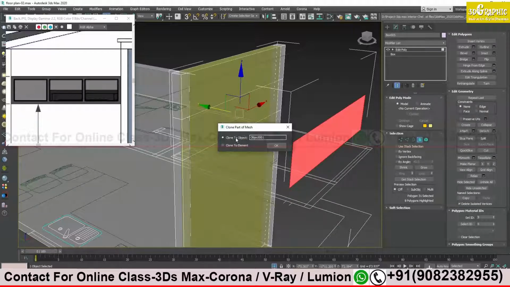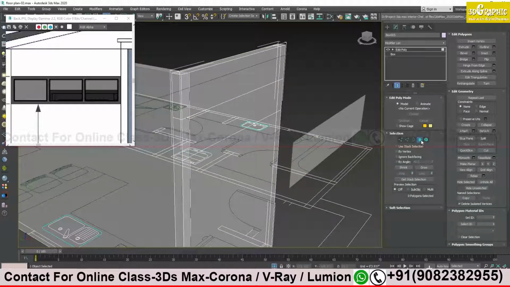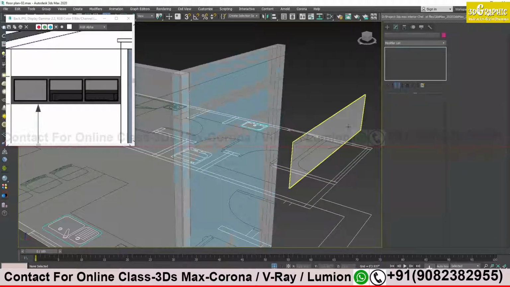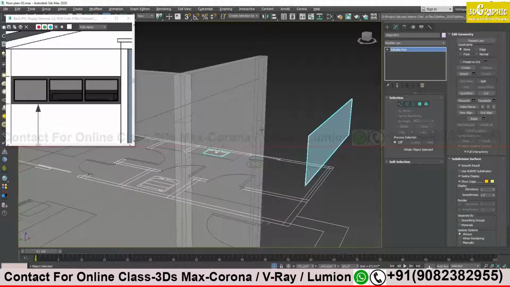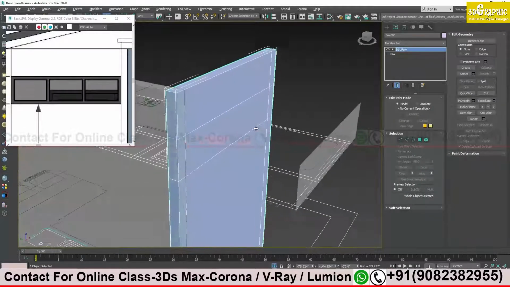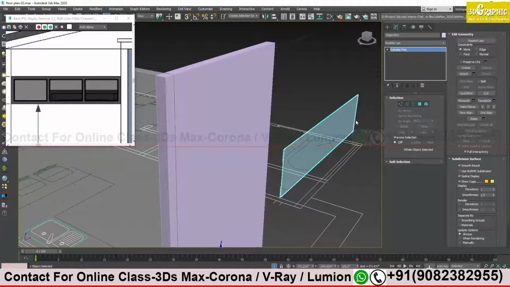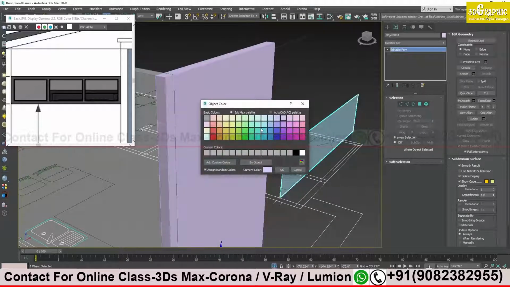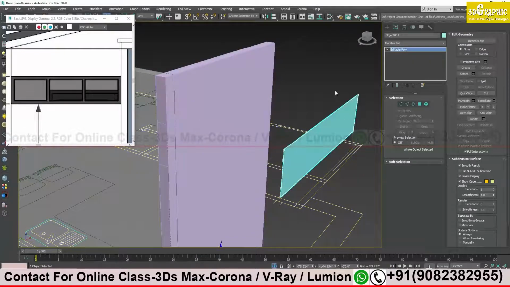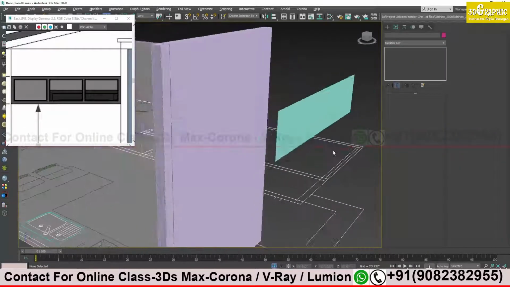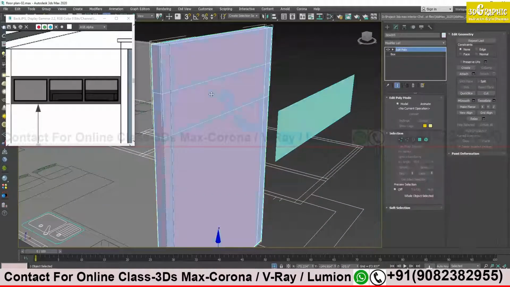Select the first option, not the element, the first option, object. I will select OK. Now if I come out of face mode, you see I have a copy of that. I will do Alt X. See, this is my original box and I made a copy of my selection for my glass property. Now this will be my glass. I will change the color, Alt X. Okay, so this will be my glass, and here now I can create a gap.